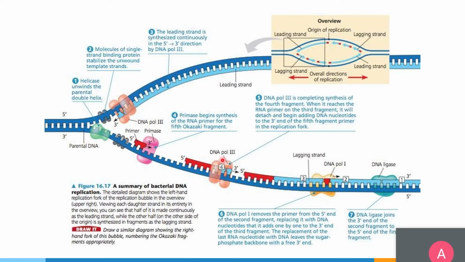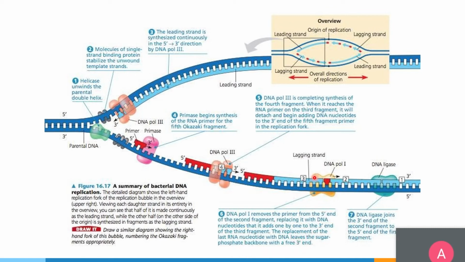And once it is faced with an RNA molecule, it will skip the whole stretch of the RNA primer and move to the next RNA primer region and start adding from the 5' to the 3' position. And thus we continue as DNA polymerase 1 then removes the RNA primers from the 5' end of the second fragment, replacing it with DNA nucleotides that it adds one by one to the 3' end of the third fragment. The replacement of the last RNA nucleotide with DNA leaves the sugar phosphate backbone with the 3',5'